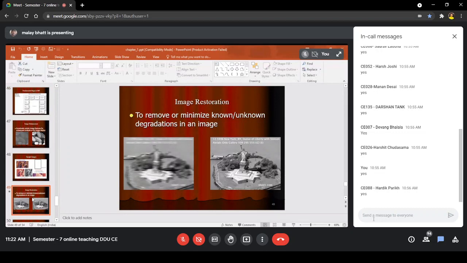Because this is the original image. You can see it is a picture of the Statue of Liberty, which is taken through some aircraft. Because there is motion, the image is blurred in the original picture. Once you take that picture, you cannot retake it. There is no option, it is obvious, right? Because it is not possible to recreate that situation every time. So at that time, you have to go for image restoration.